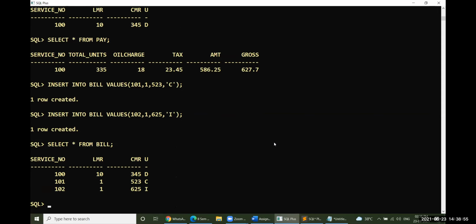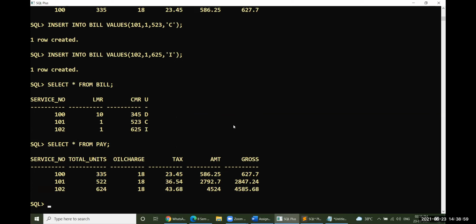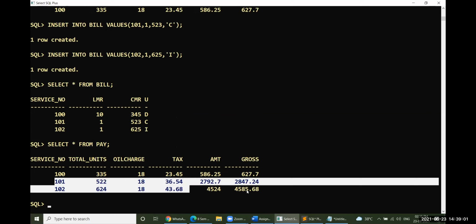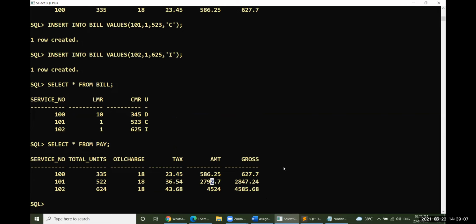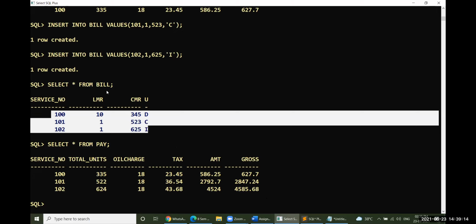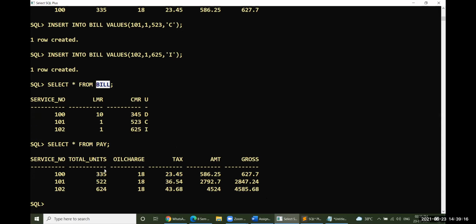Three different types of things are there. So look at this. These are the calculations. Obviously, it gets calculated. In this way, you can enter the data automatically. When an insert operation happens on a bill table, obviously your trigger will be fired and the generation of the bill happens immediately.